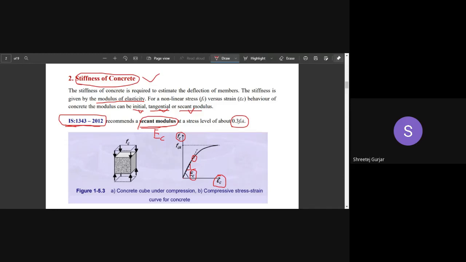So this is regarding the second property of concrete, which is stiffness of concrete. The first property we have studied is strength of concrete. The second property which we have studied is stiffness of concrete. Coming to